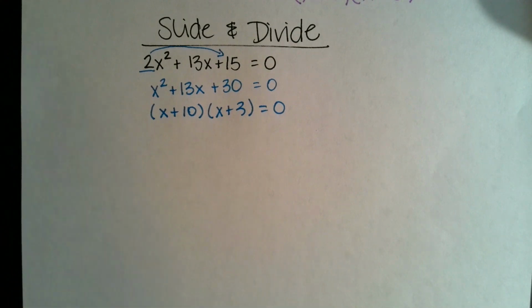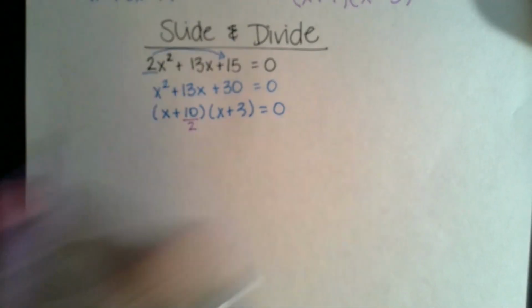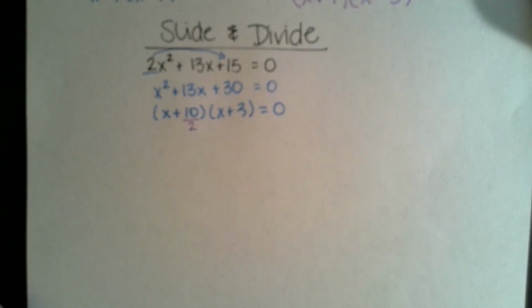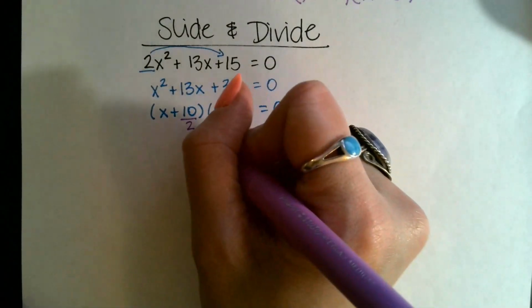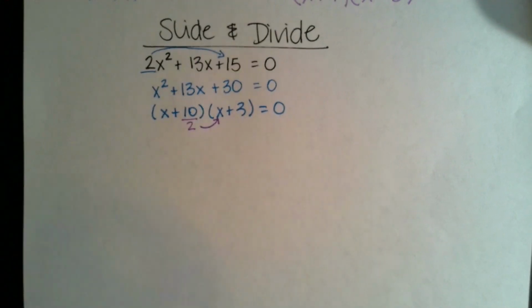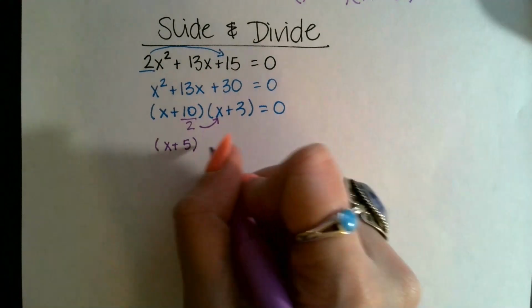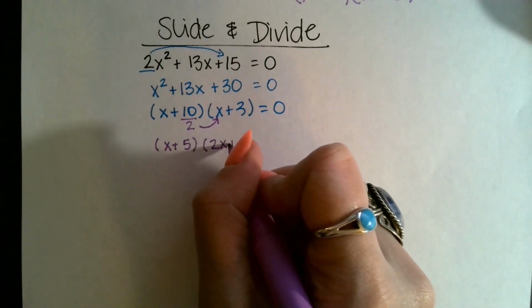We are dividing out our A value, which was 2, and 2 can be divided from 10. So 2 has to be taken away from 10, and it goes to live with the variable in the other parentheses. So this becomes x plus 5 and 2x plus 3